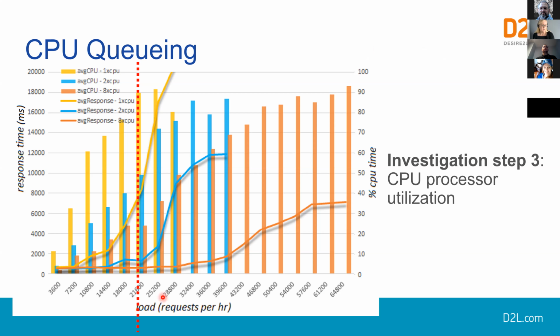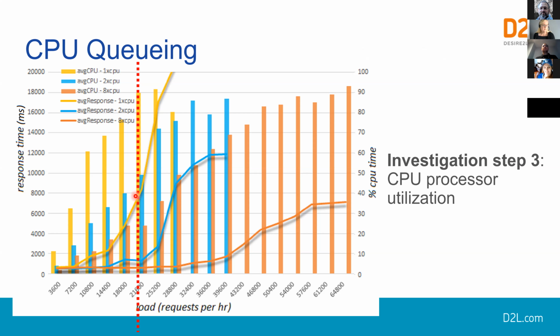So let's focus on that arbitrary load again. As you've seen, at 21,000 requests per hour, a single processor takes 8 seconds to process. And if we follow the related CPU bar up, it's difficult to see, it's under the red line and stops about here. We can see that it uses about 90% of the CPU's processing capacity. So we can see why we have response issues. That single processor is almost always busy and is likely serving a long and growing queue of requests.